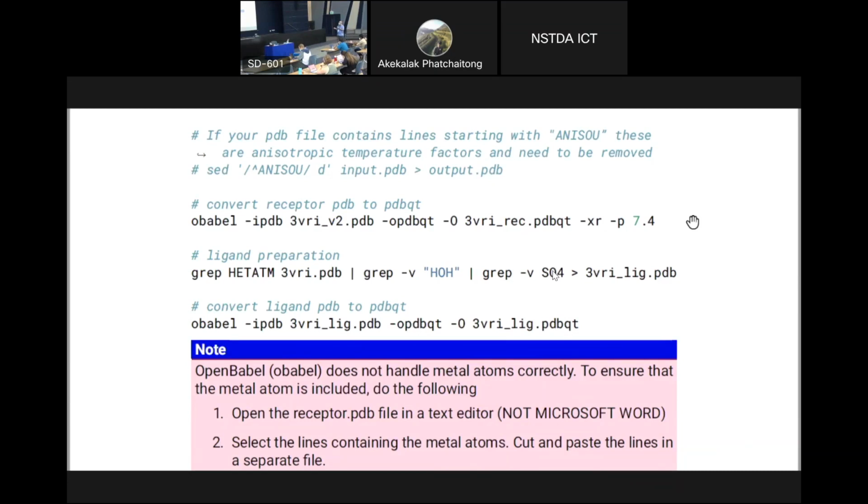Okay. Now, we're going to do the same. We're going to convert the PDB to PDBQT format using OpenBabel. But before we do that, we need to extract the lines that contain HETATM. And just as you did before, we're going to use the grep command. We're going to search for lines that contain HETATM, and then we want to exclude all the water molecules, HOH, okay? And also,